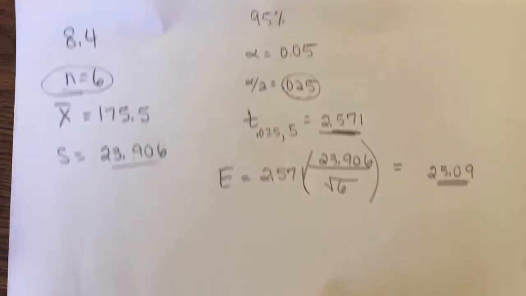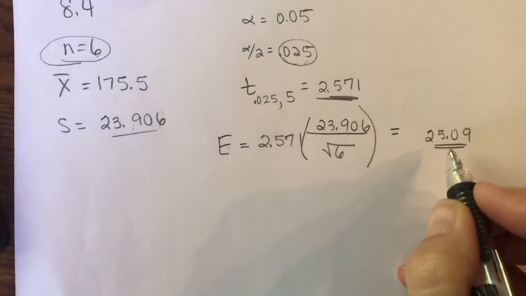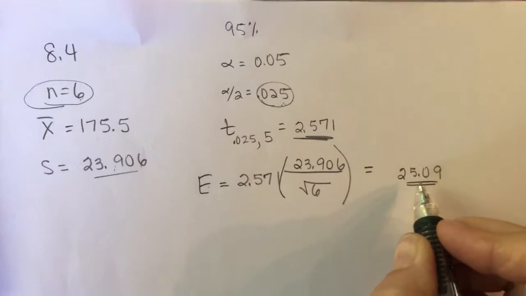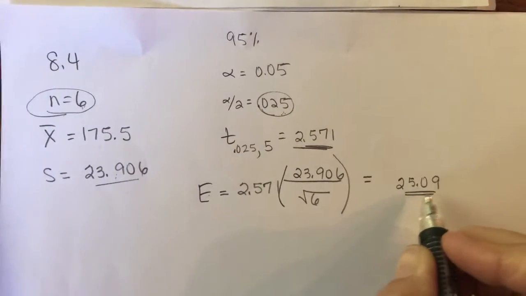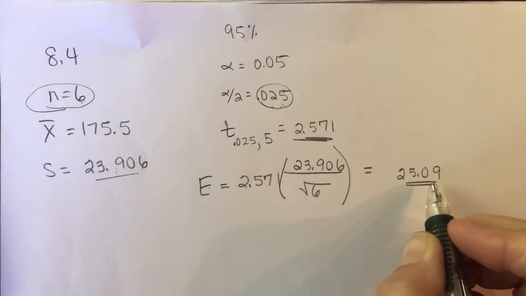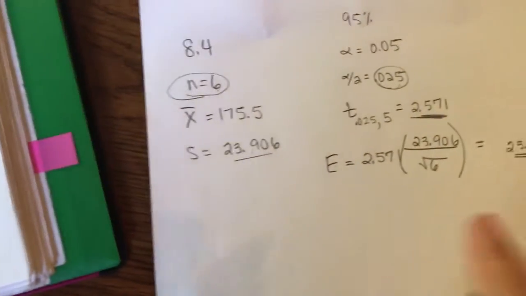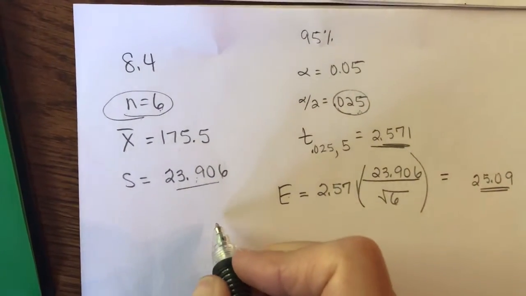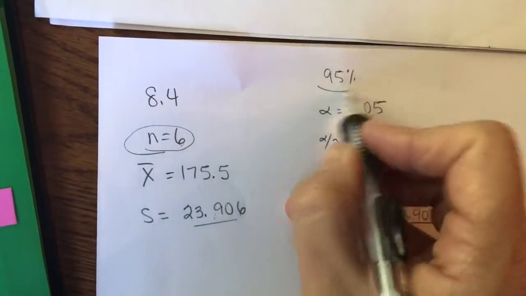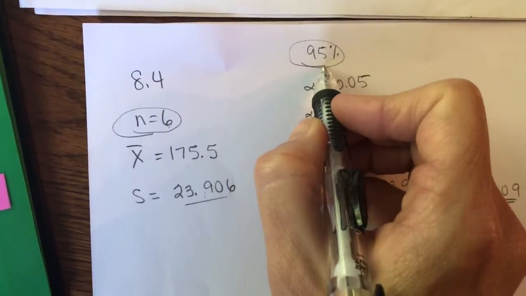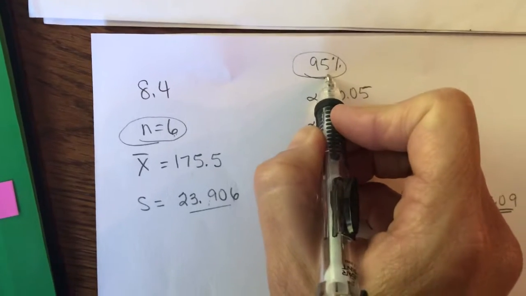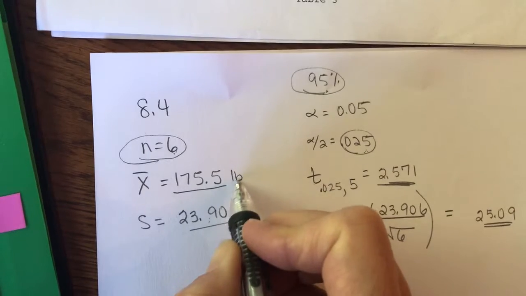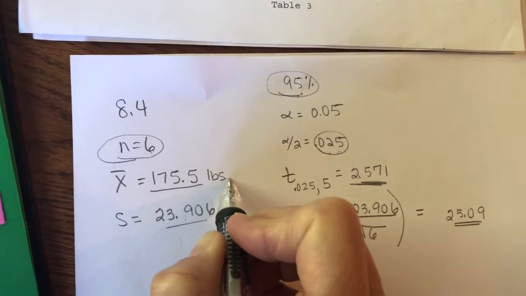That's how confident I am. This is my give or take. Okay, we're talking about weight here. So this would be my give or take, about 25 pounds, 25.1 pounds, depending on how much you want to round that off. So here's where you need to write your sentence. If I was going to write my sentence, we're talking about the weight of a college freshman male. So I am 95% confident, and you have to write this out. I am 95% confident that the average college male will weigh 175 pounds, give or take